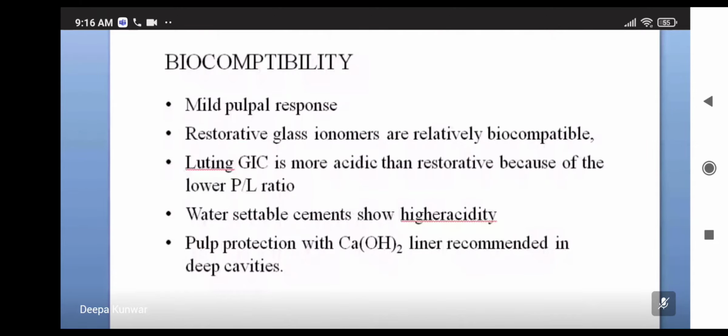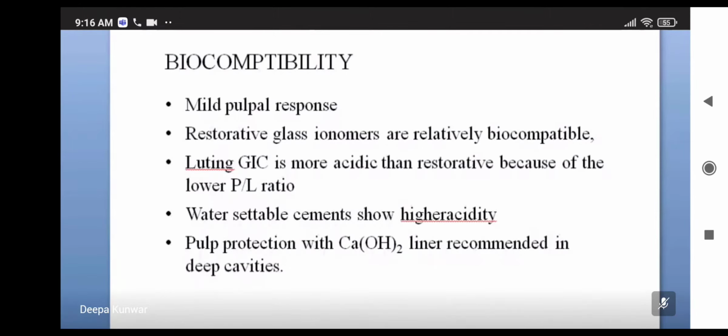It is a very commonly asked question. The anti-carcinogenic property of the GIC is asked frequently because it is a very important property of the GIC. It says the release of fluoride from the GIC will help remineralization of the demineralized tooth structure or caries portion.